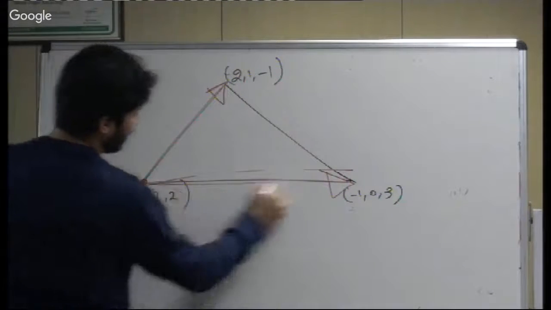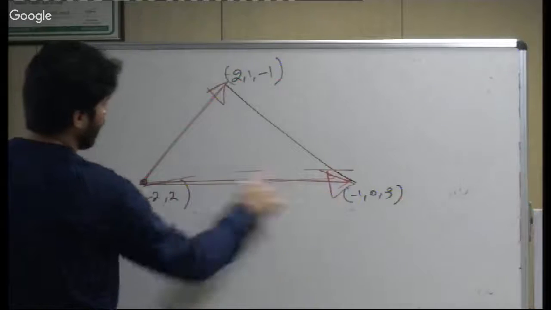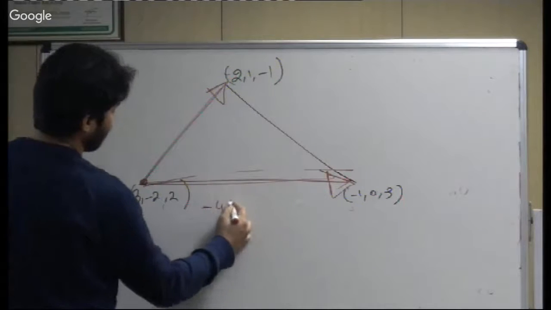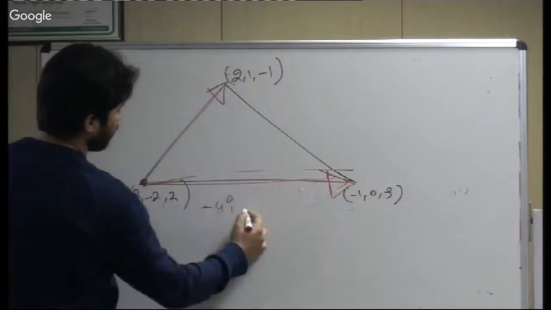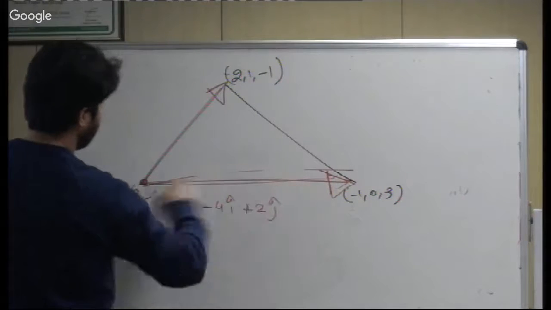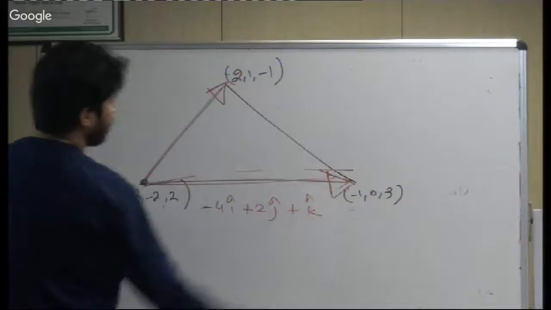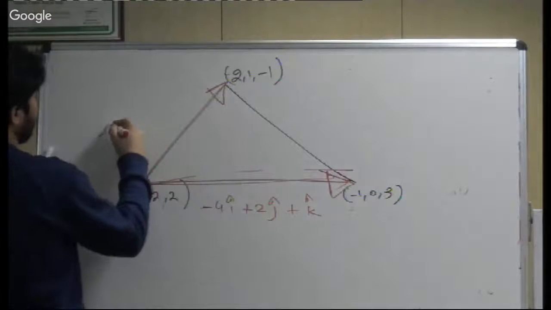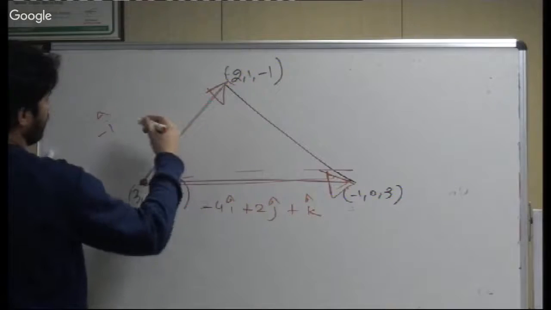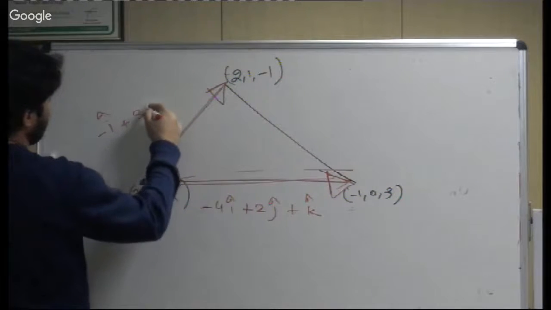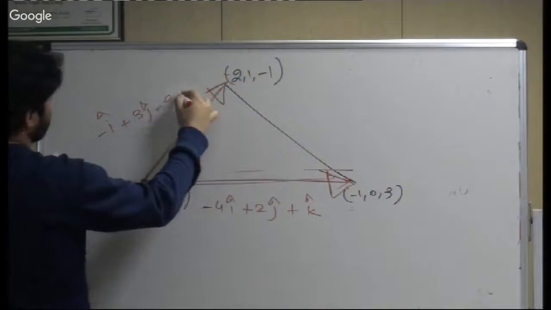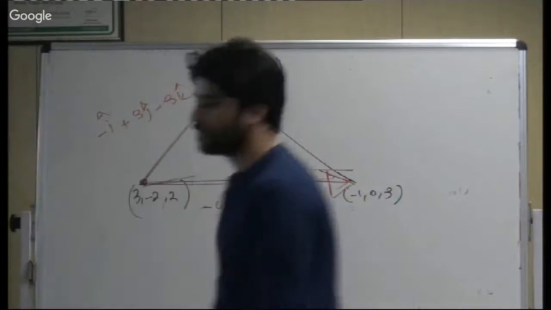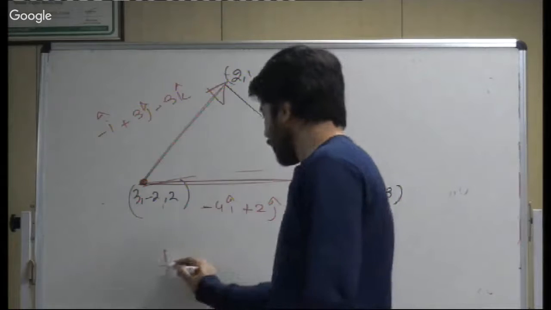So this vector is going to be minus 1 minus 3, which is minus 4 i cap, 0 minus minus 2 is 2 j cap, plus 3 minus 2 is k cap. Clear? And the other can be written as minus i cap plus 3 j cap minus 3 k cap. Clear? So the area turns out to be half of